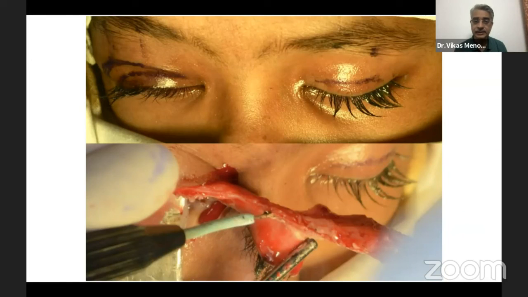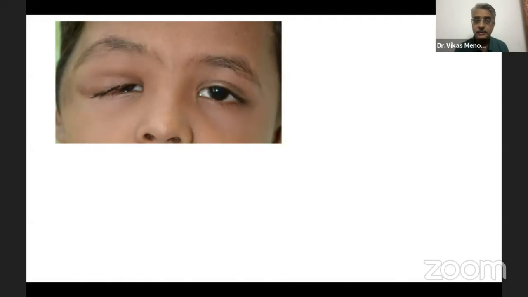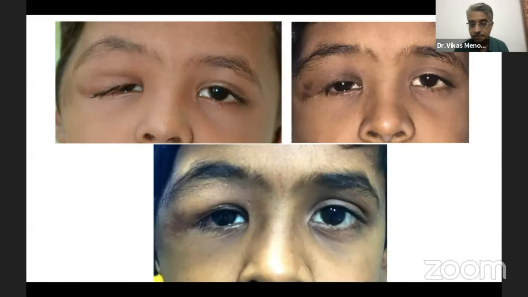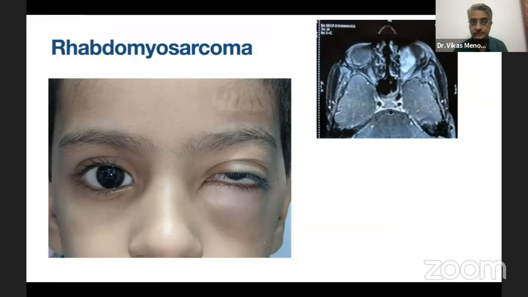So the treatment here is debulking, and what we follow is a modified template technique, which was initially suggested by Dr. Honavar, and has been modified a little bit to include excising the lateral part of the lid, and then we anchor the lateral part of tarsus to the periorbita to give a slightly better cosmetic outcome. The only thing that you need to counsel the parents of these children about is the need for possible multiple surgeries, as the neurofibroma also can grow as the child grows up.